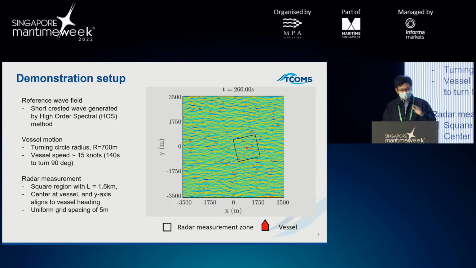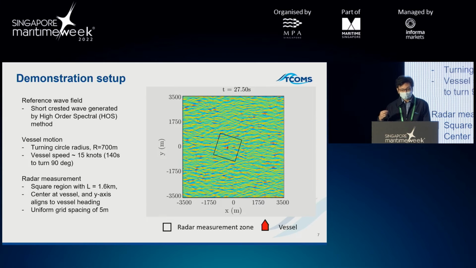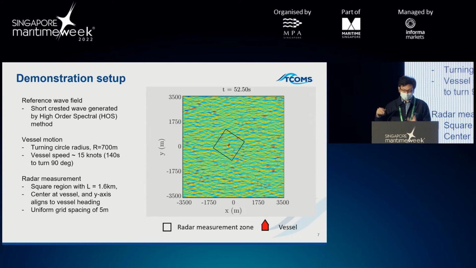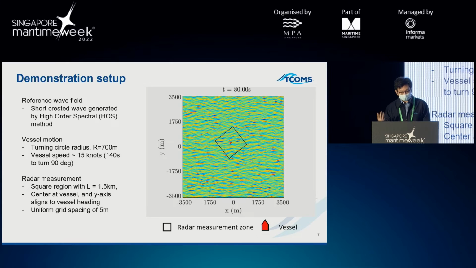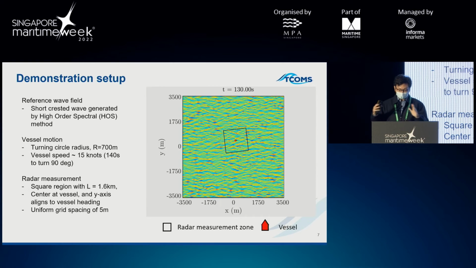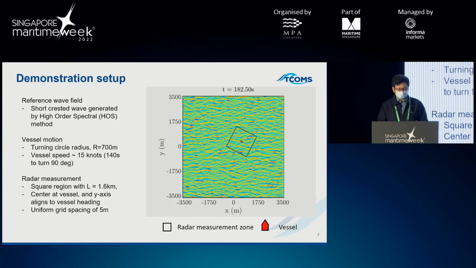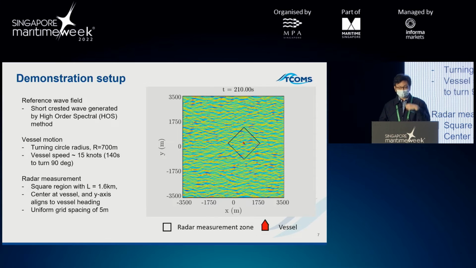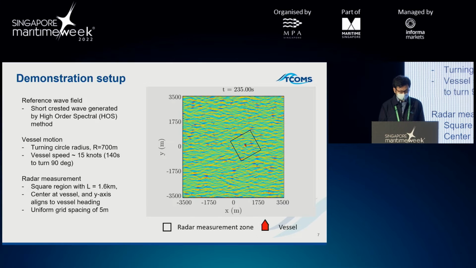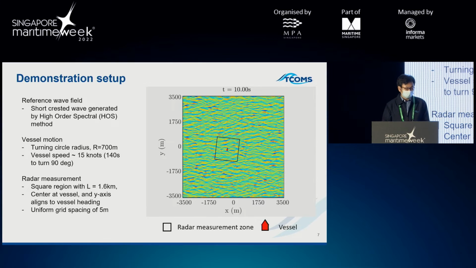And so we further assume that there's a radar mounted on the vessel which is capturing the wave field surrounding the vessel every 2.5 seconds. The region of this radar measurement is 1.6 km by 1.6 km. That means 800 meters range from the vessel. So then with just this radar information, we are trying to predict